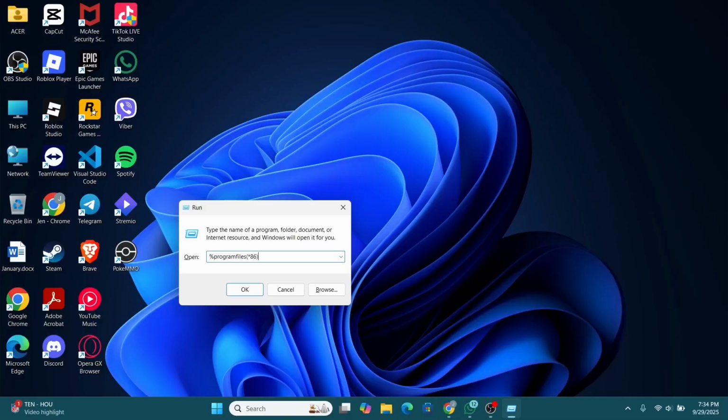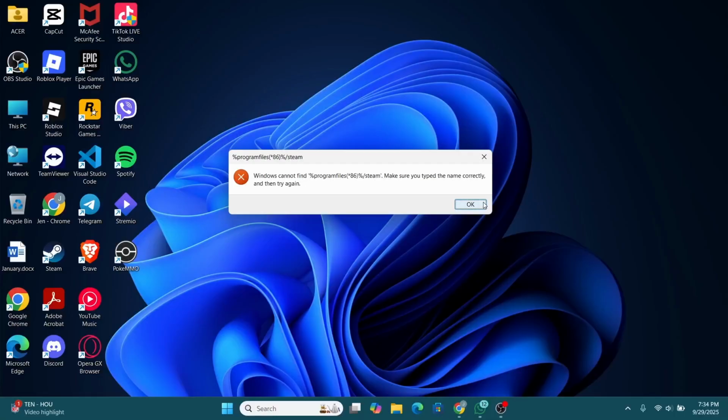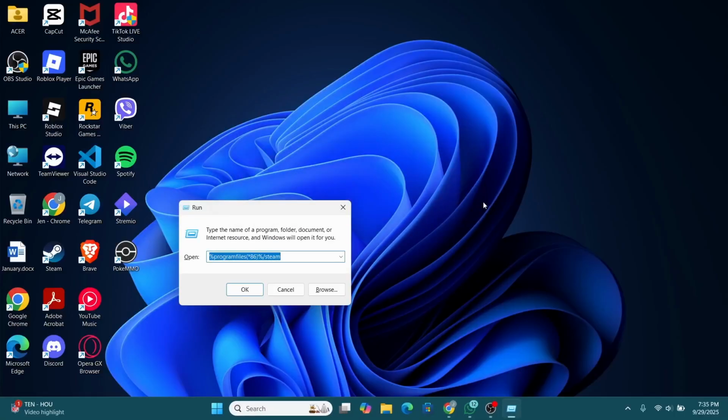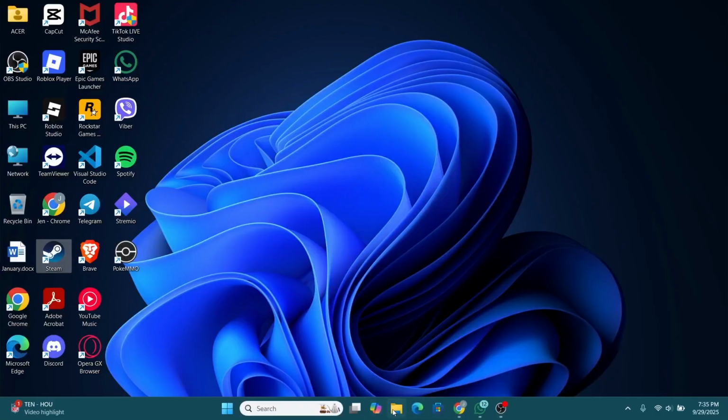So just go ahead and type in % once you complete it and type in /Steam. After that, hit enter and find the program file for your device, or if not here, you can just go over and